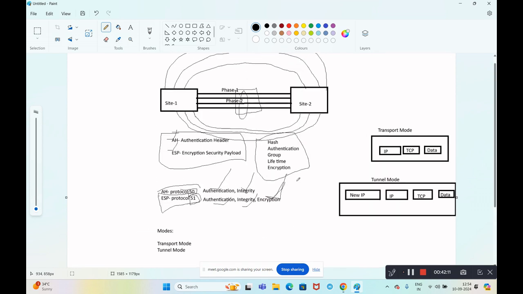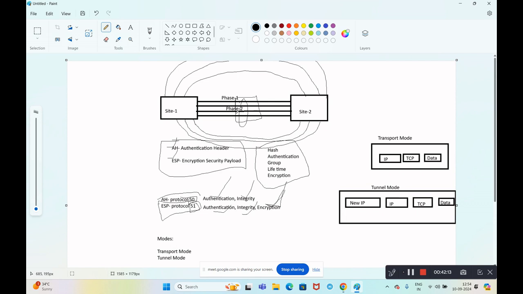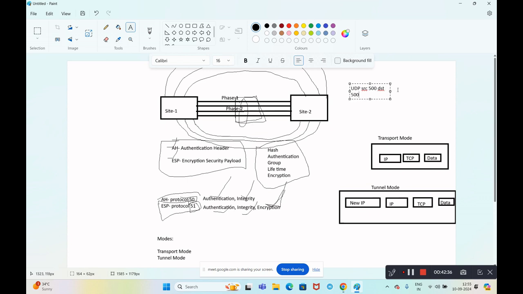Whenever NAT discovery happens, whatever the packet in IPsec, it will use UDP port 500, right? With source port 500 as well as destination port 500 in the UDP. What will the NAT device do? The NAT device will receive